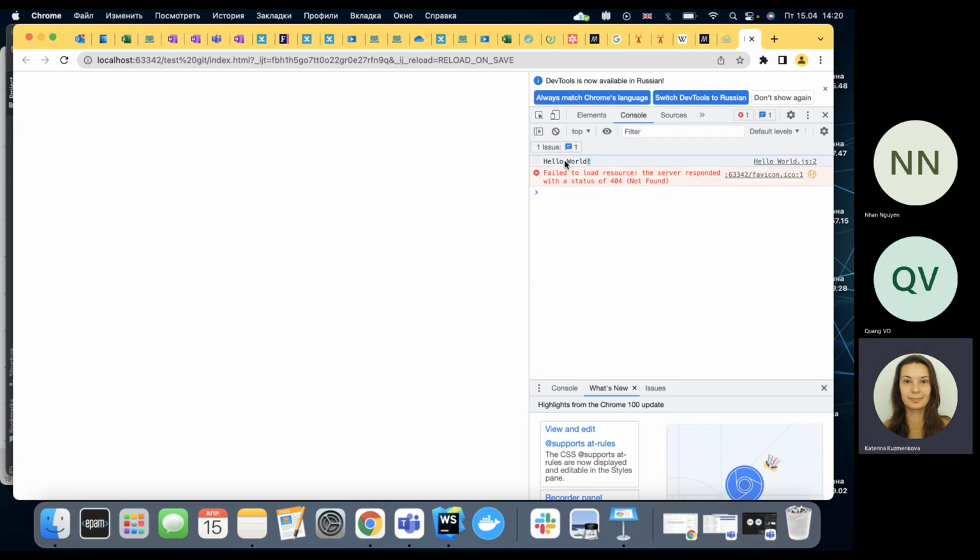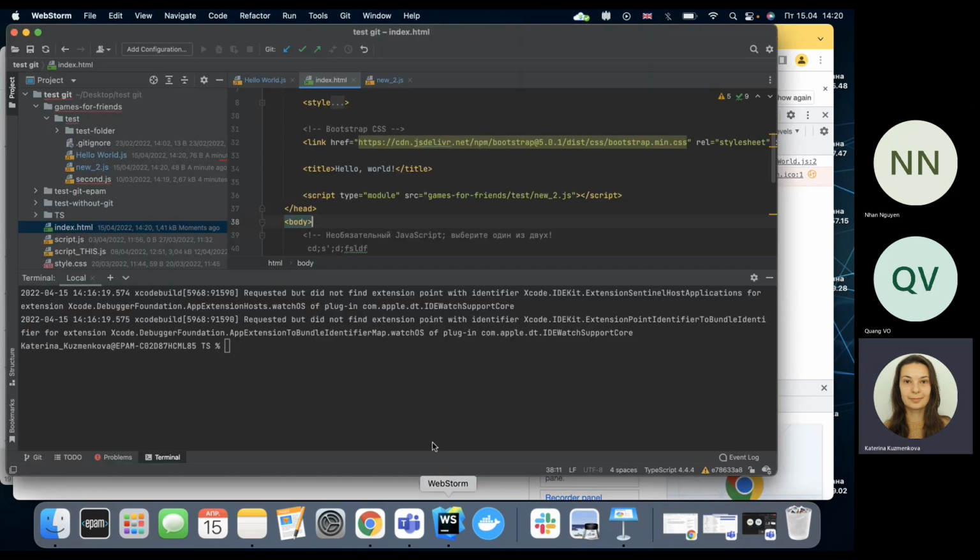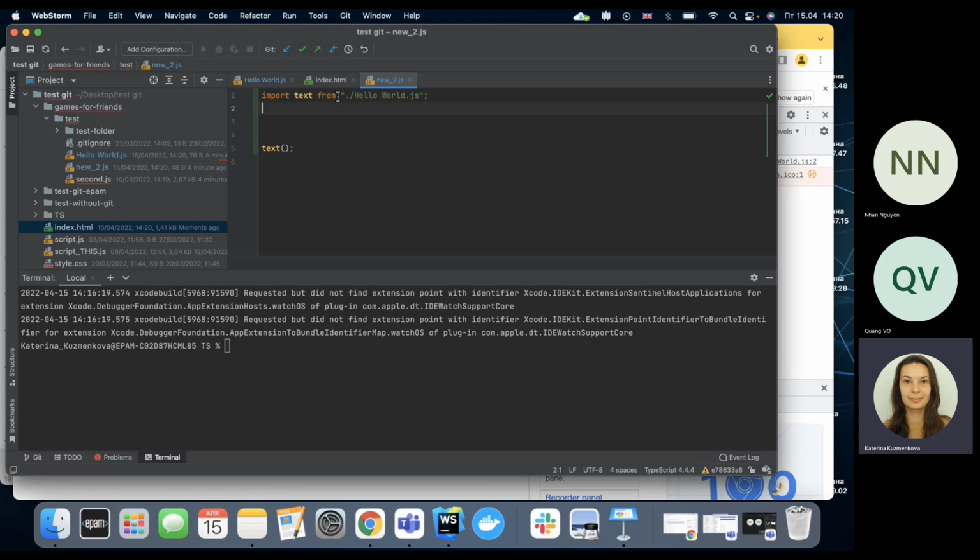At our hello world word favicon, it should be okay. So we could see hello world here. So what does it mean? It means that if you're exporting something by default, usually we use the same keyword, the same name when we import in this file, but actually it's not important. Also, we might export